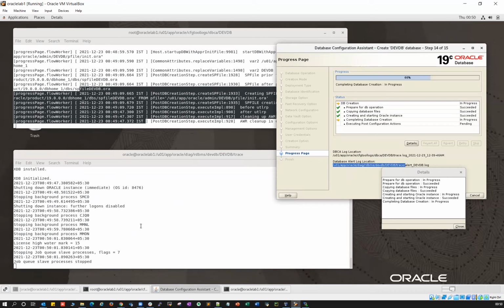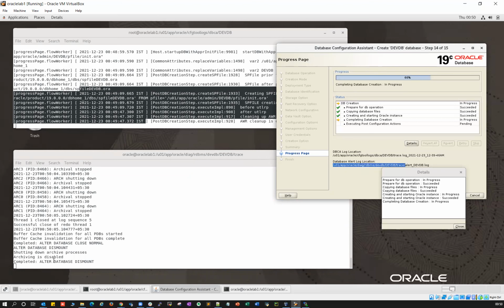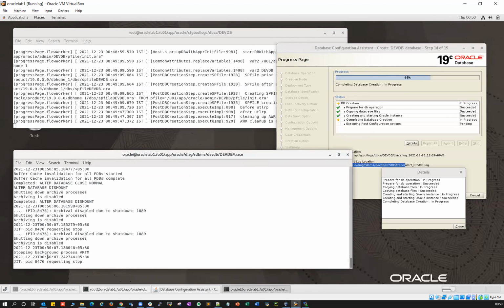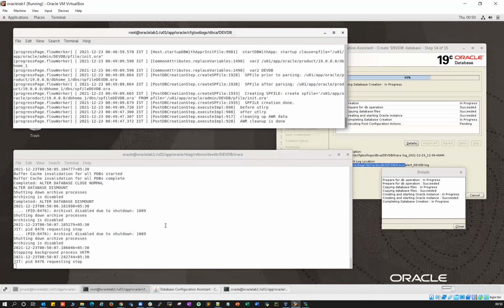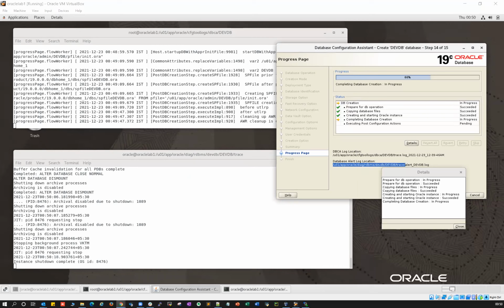Again, it's going to reboot one more time. Okay, database is closed. Alter database dismount. Right, so we'll give a few more minutes and then the database will be ready.